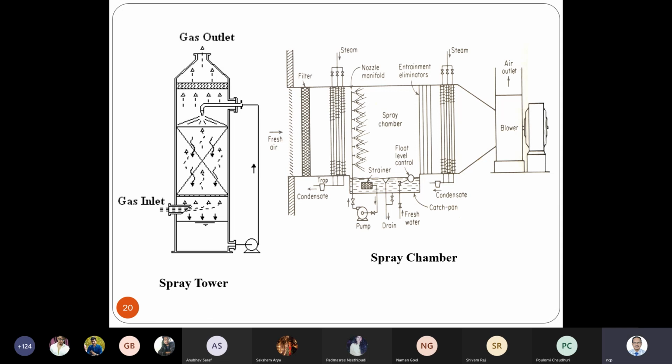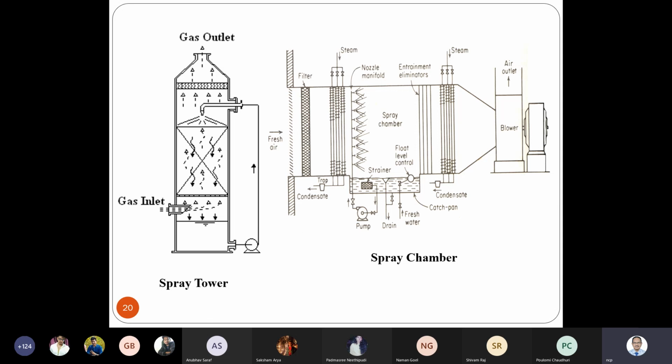Again, on the other end, if the length to diameter ratio is high, so basically you have a small diameter tube, then what will happen? When you are spraying the liquid, it will very quickly come towards the wall. Then the core will not get any liquid to contact, so the gas will rise. So for a very small diameter tower, this contact will not be effective, right? That is the problem.